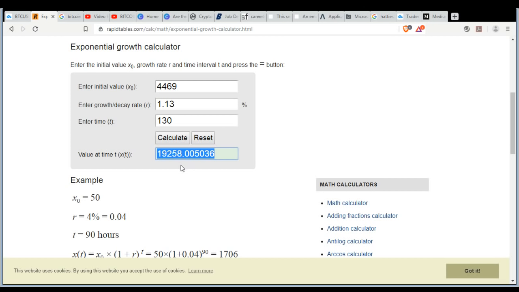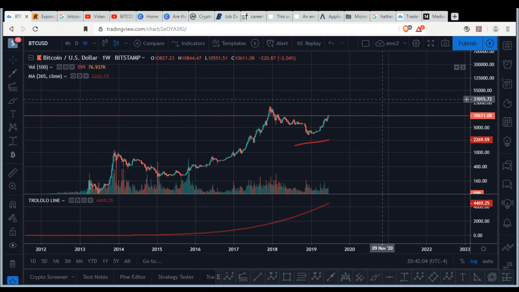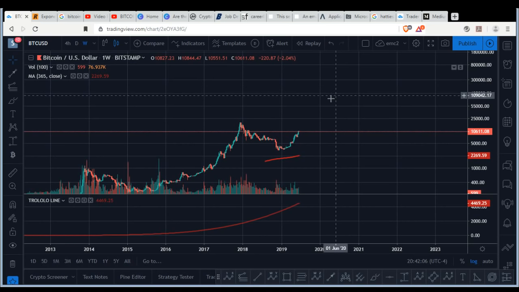December 2021, right? So you can expect the Trololo trend line to be at just about 20,000 in 2021. So what that means, right? It means we're gonna get to 80,000 very fast, and then we're gonna have to drop back to $20,000 before December, just